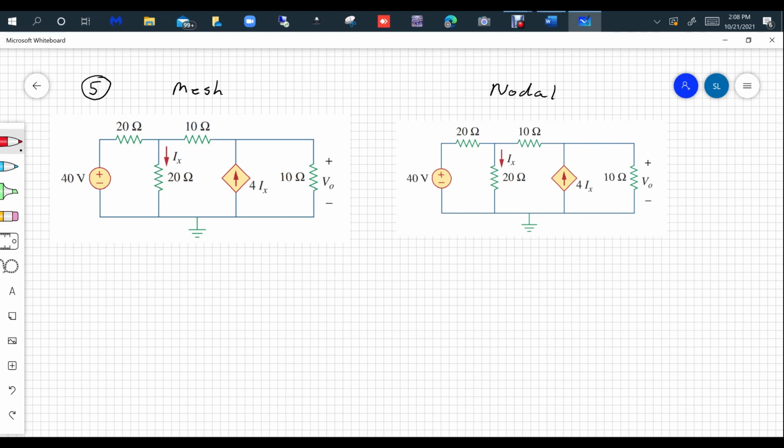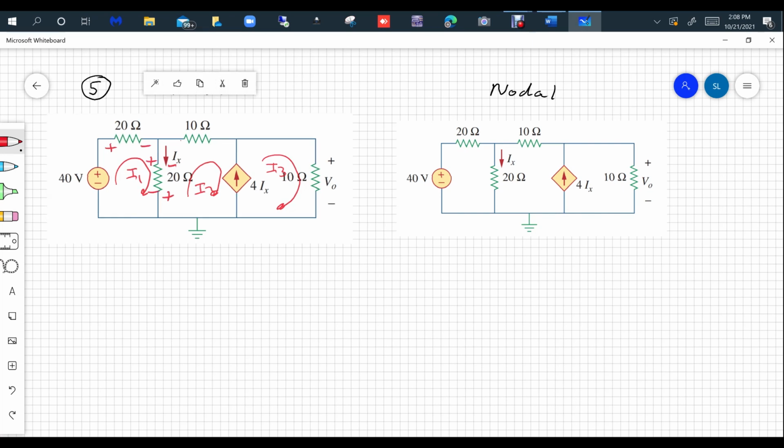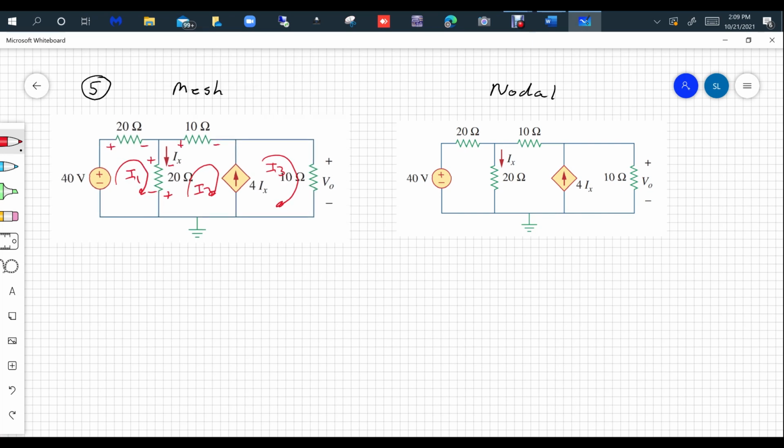So if I'm doing mesh analysis, this is what I do. I make my loop here, I call it I1. I make my loop here, I call it I2. I make my loop here, I call it I3. But notice the definition of I. Before I go to that, let's put my plus to minus there, my plus to minus there, my plus to minus here, my plus to minus there, and we have our plus to minus over here,